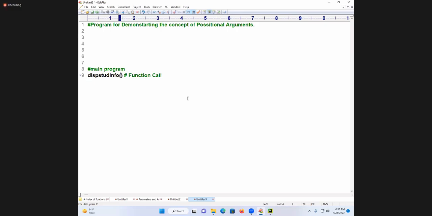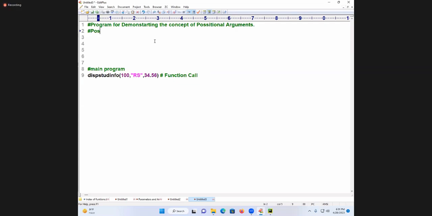Now I am passing the number 100, the name, something like RS, and something like 34.56. This is my data. This is the function call, and these are called argument values. I am directly passing values. For every function call, what is required? A definition. Shall I define it?